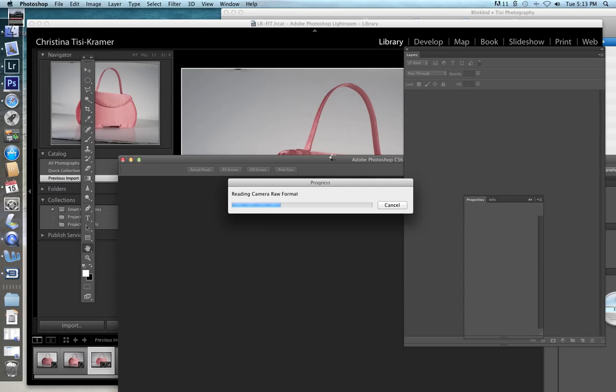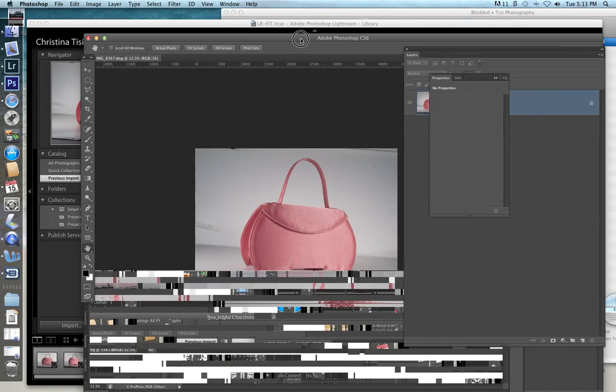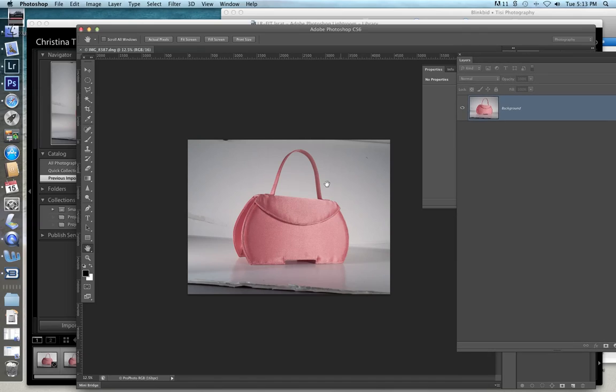And if you just hold on a second, it's going to import to Photoshop. And here we go. So here's the image, and we need to get it onto a silhouette white background. So the first thing we need to do is to select this bag and to get it onto its own layer. To start off with, I'm just going to choose my wand tool, which is right here under the quick